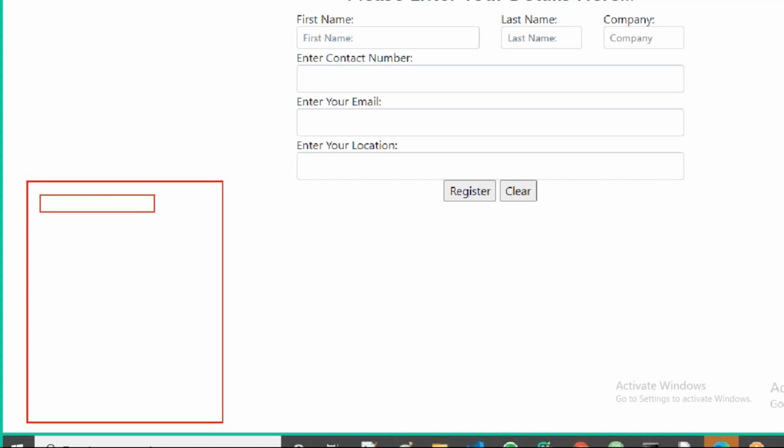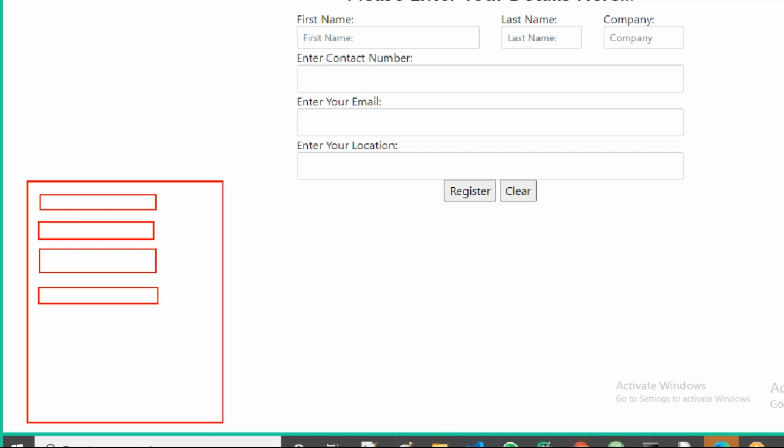I take the first name, which is different for each one. I take the last name, it's also different for each one. I take your mobile number, which is different for each one. I take the email ID, different for each one. I take your location, which is different for each one. I take your course name. What's the course name, guys? Actually, here the course name is which one?